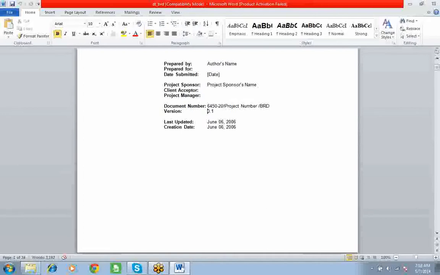And version, coming to version, it's very important to know. The version number here is 0.1. 0.1 means it's a first model, correct? If I say 0.2, 0.3, 0.4, then you have to assume that already 0.1 was there, already 0.2 was there, correct?